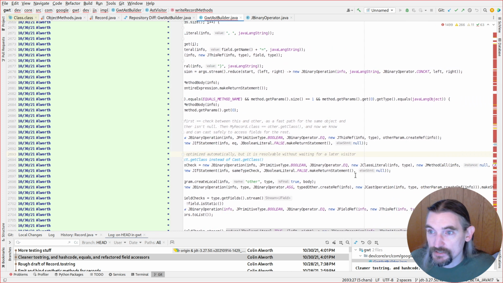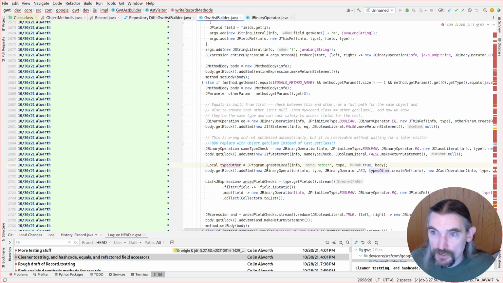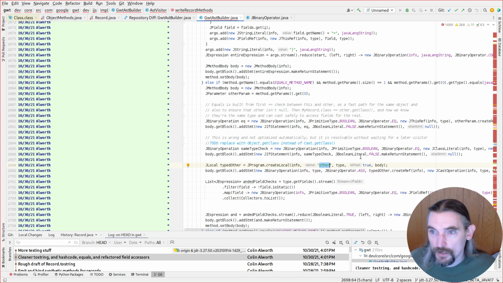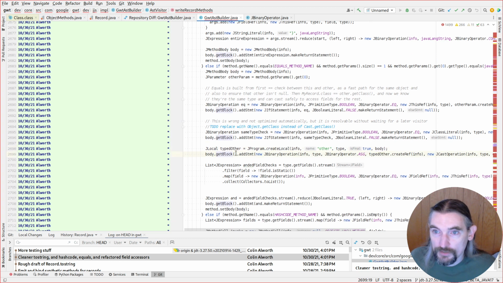Anyway, this is the, hey, what class is this object? Typed other, create a local called other. Okay, so this is now where you say, now that I know that our two objects are the same type, go ahead and assign that to other. We should replace this with pattern matching instanceof, like we already talked about. Block, get block, add statement. So this is now going to be our assign, where other equals the other one with a cast, and then we